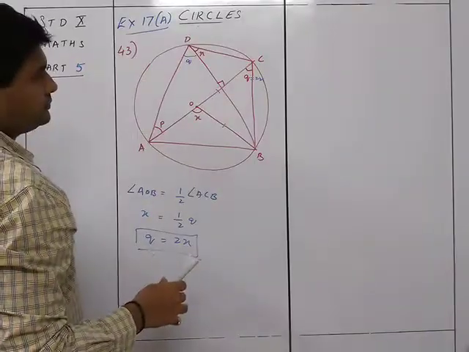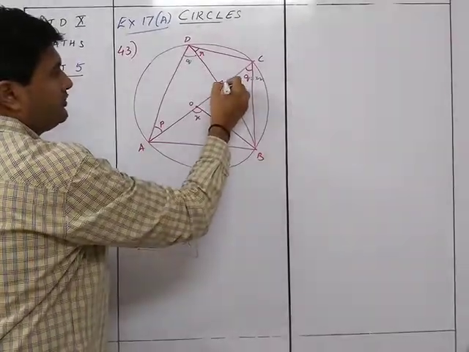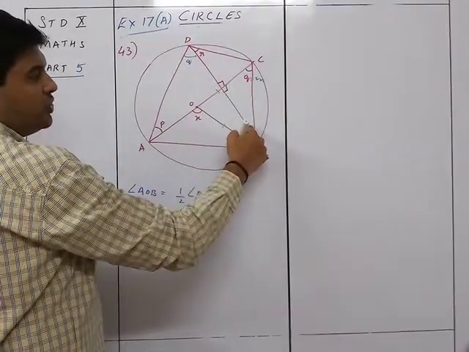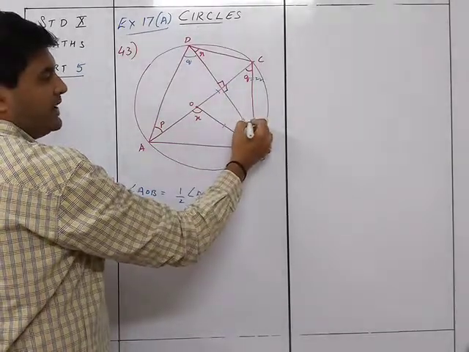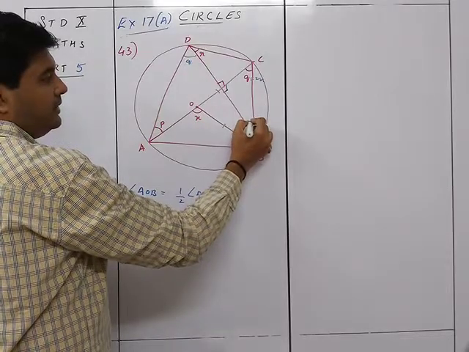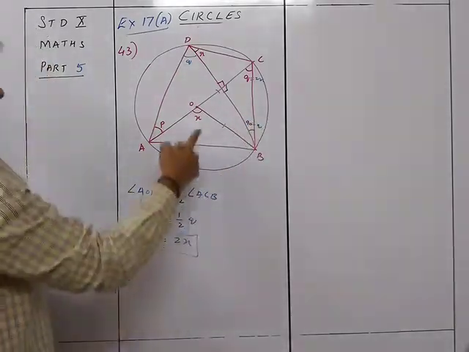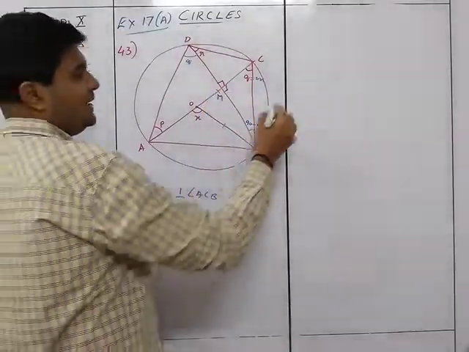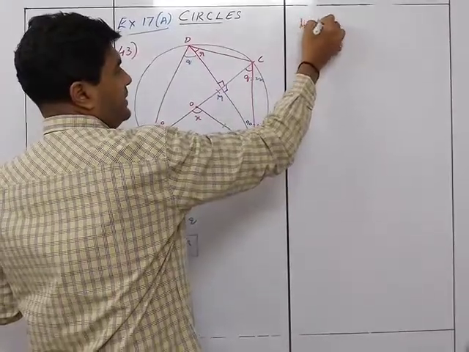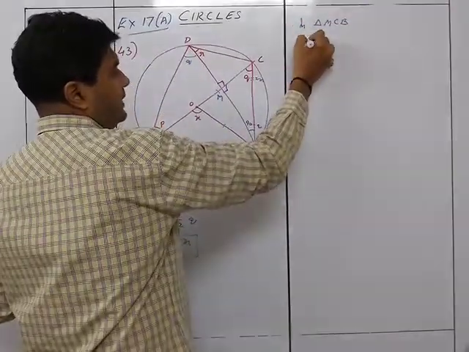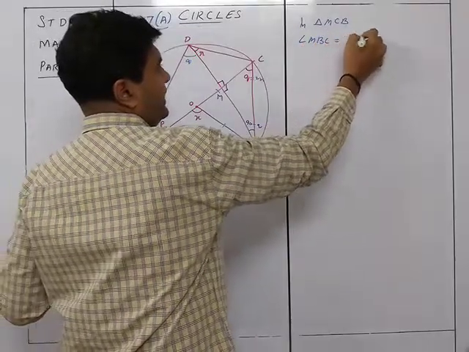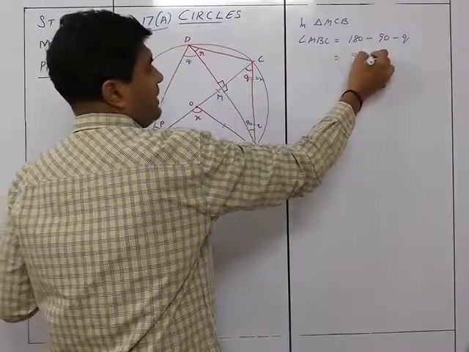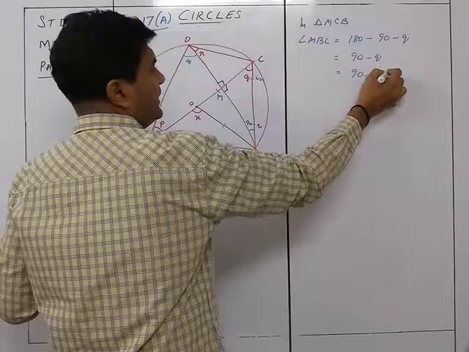Okay. So if this is 90, this is 90, so this is 90. So if this is Q, this over here will be 180 minus 90, which is 90 minus Q. We'll just check how we will get it. Let's take this as M. So we see that in triangle MCB, angle MBC is equal to 180 minus 90 minus Q, is equal to 90 minus Q, is equal to 90 minus 2x.